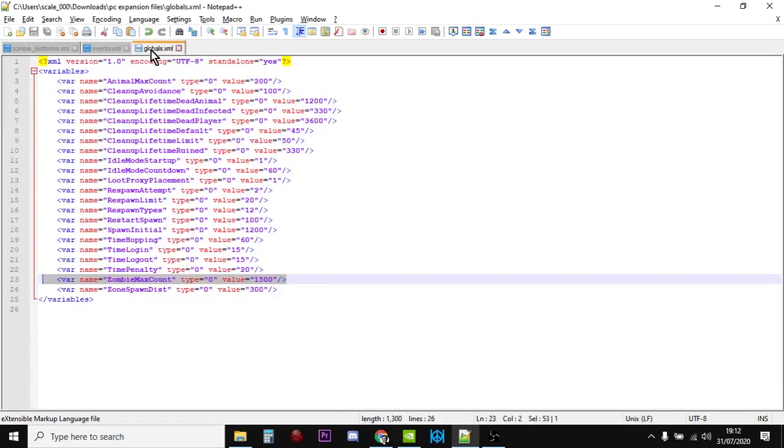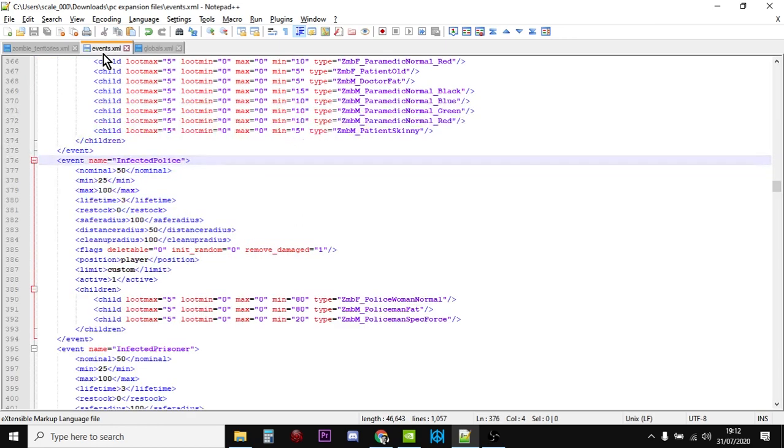Now, if you have a look at your globals.xml as well, you probably want to go down to where it says zombies max count and increase this. The zombies max count only really triggers on high pop servers where you've got lots of players wandering around, triggering lots of events that are triggering lots of zombie spawns. And it's basically saying when you get to this amount, don't spawn any more zombies. The server will probably have slowed down quite a lot by then, but I've put mine up to 1500 just in case. And then we have the events file,